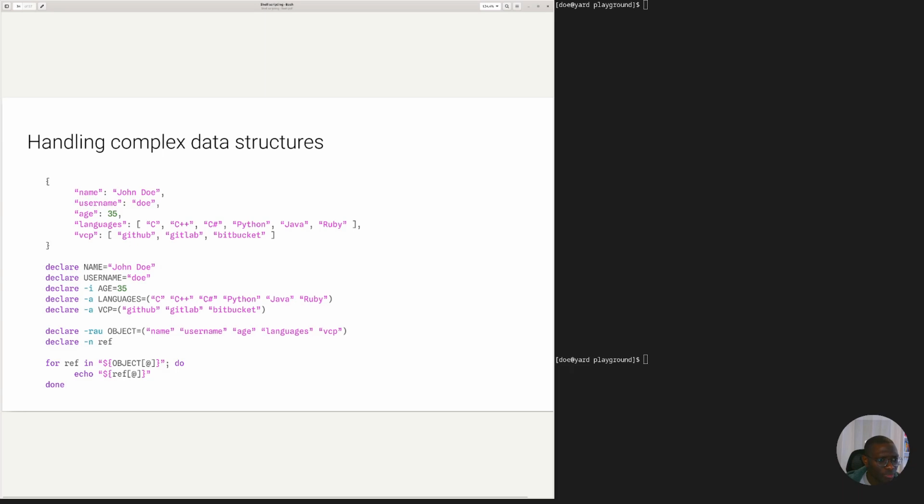So we declare the variables name and username as strings, and we declare age as an integer using the -i option, and we declare the languages as an indexed array with the lowercase -a option, and we declare the version control platforms also as an indexed array with the lowercase -a option with the declare command. So these are declared as separate commands. And then we declare an object variable